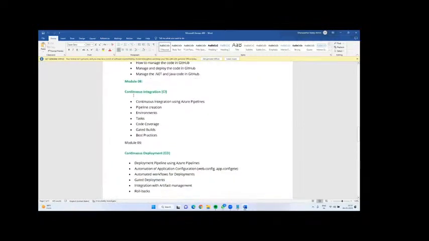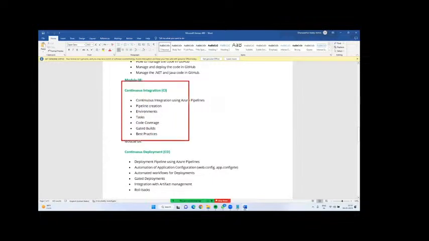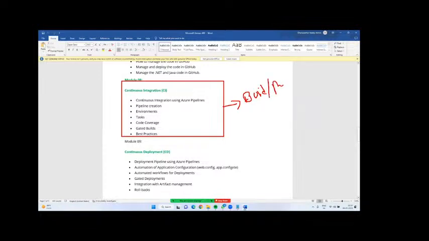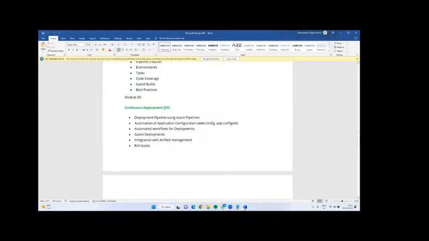Module 8, CI. CI means continuous integration. We call this the build pipeline. Please remember, these are all important words which we will discuss in the DevOps sessions. Next, continuous deployment. This is the release pipeline.